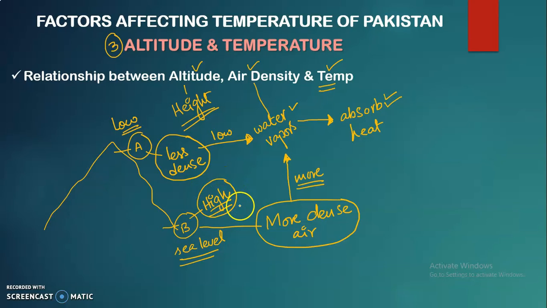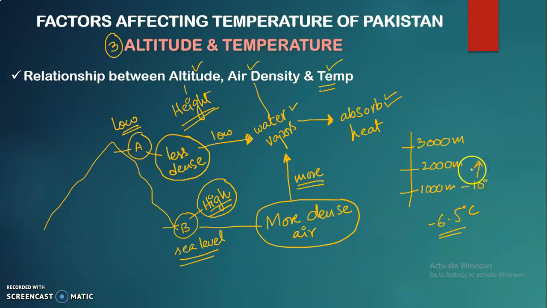One more thing that you need to understand over here is a simple concept or effect. After every 1000 meters, when you move towards the altitude, this is 1000, 2000, 3000. After every 1000, there is a decrease in temperature of 6.5 degrees. Means if over here you have 10 degrees, then the temperature would decrease at 2000 and would be minus